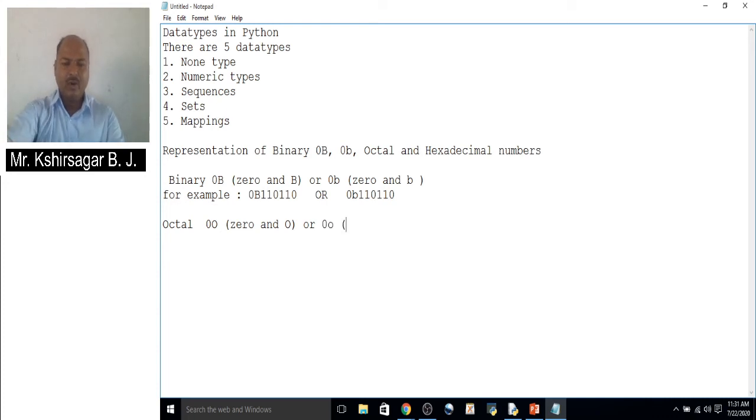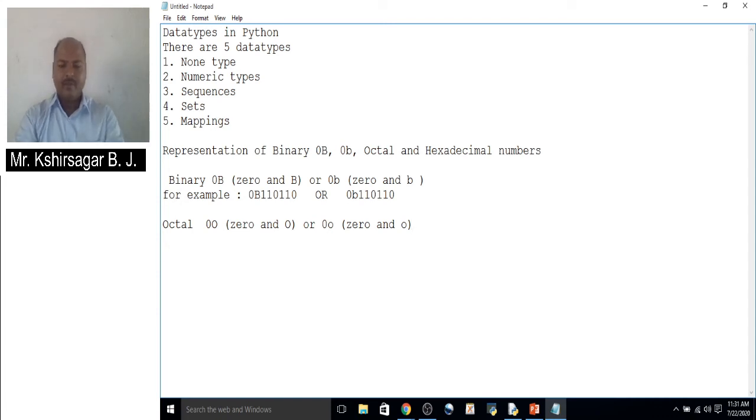So this is the way of representing an octal number. So if you want to represent an octal number in Python, you can prefix that number by 0O or 0 small o.